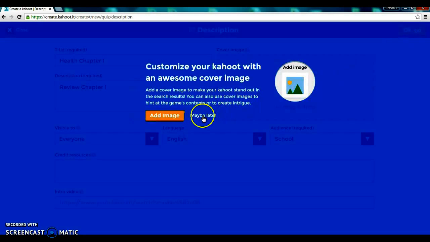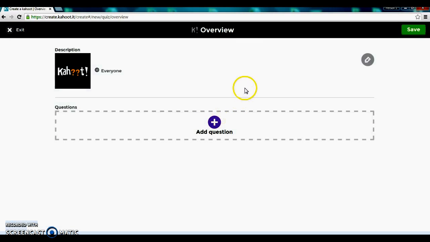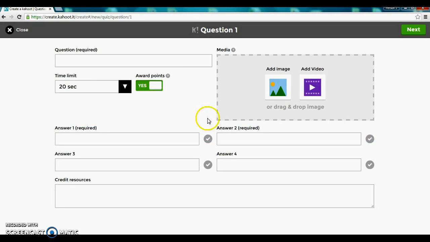We're not going to add an image, so maybe later. Here is where we're going to add our questions. The first one, we're going to click on the plus sign, add a question. This is question number 1. So in the box, question, it is